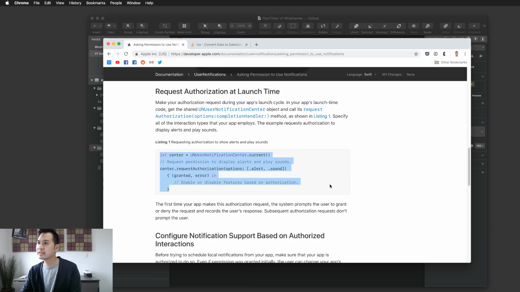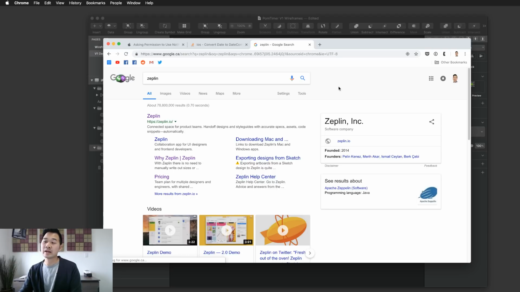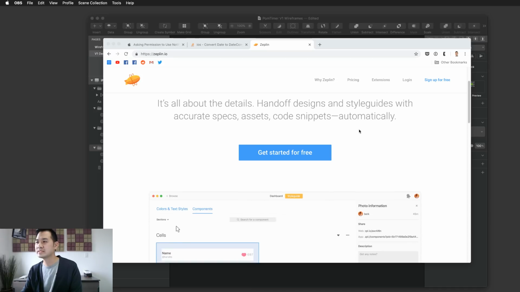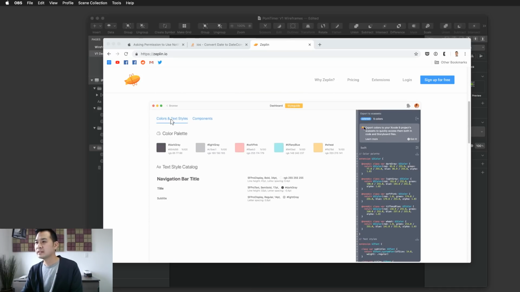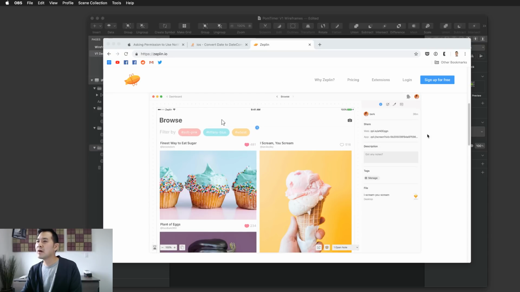And there's also something else. I talked to my ex-coworkers who are still working at the consulting company, and they tell me that they use something called Zeplin now, which bridges the gap between the development team and the design team. Oh, you guys can't see my screen again. I'm sorry, just getting used to this live streaming thing. Thanks so much for bearing with me. So this thing is supposed to bridge the gap between development teams and designer teams. I have never used it before, and I'm interested in taking a look at how to use it. But my guess is that